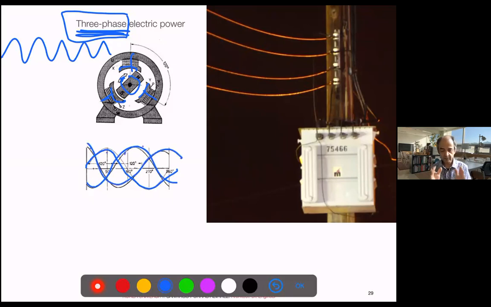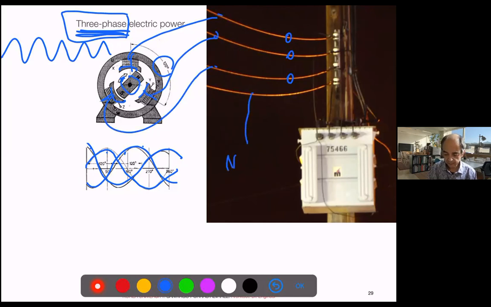And they have a difference of 60 degrees each, I think. That makes, no, this is 360 divided by 3. So it's 120 degrees each, right? 120 degrees, it is written there. So that means we have 3 lines of electricity. Each line comes from a different phase from the generator, right? And the fourth one is the neutral. So those will switch plus, minus, plus, minus, plus, minus. And this is the neutral without the power, which will give us that difference of power.